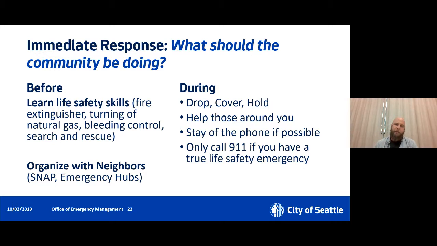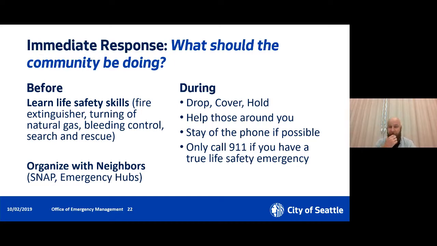There are potentially amateur radio operators at hub sites, and they could also serve as a communication point for the city. So if regular AM, FM radio or TV or internet, those ways we're traditionally pushing out information or getting information, are not working, then we may be able to share information through hub sites, and we may use that as a way to get information about what the impacts are out there as we try to piece together what's going on in the city.